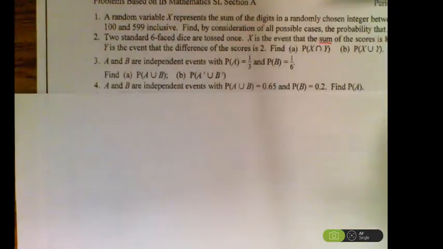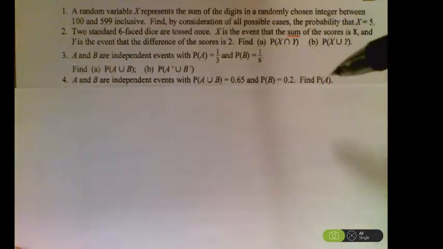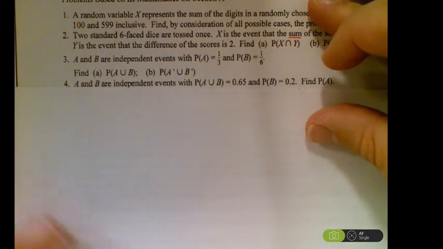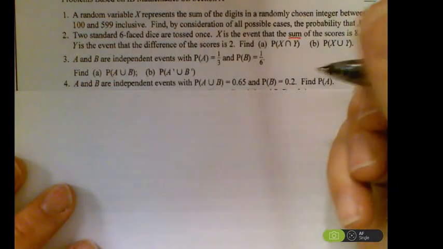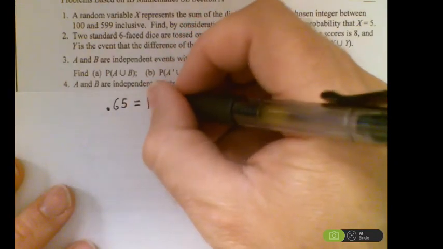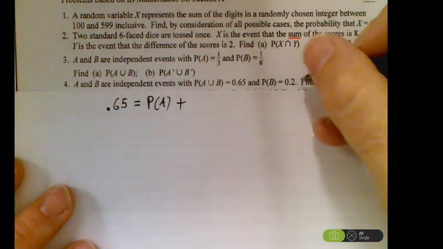So again, we're given some independent events, so really a key word right there. And it gives us this information. So they just want the probability of A. So pretty simple, we just plug into the same formula that we've been using so far. So we know the probability of A or B is equal to the probability of A plus the probability of B